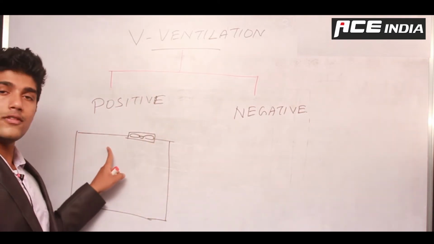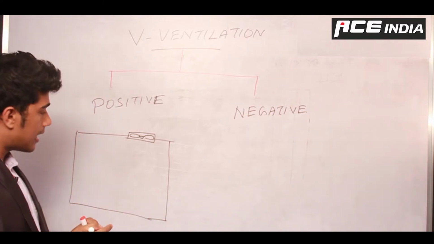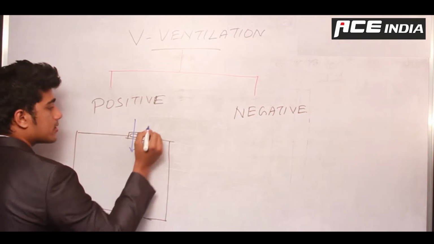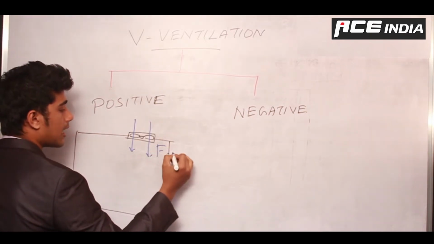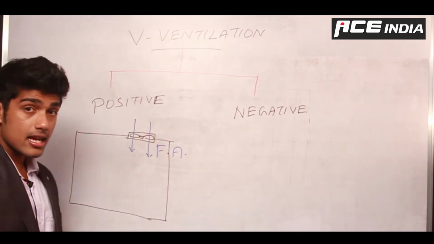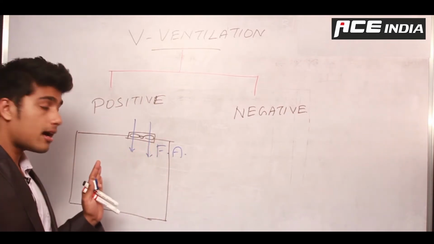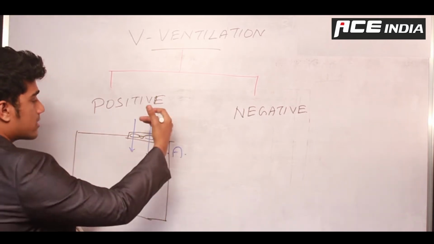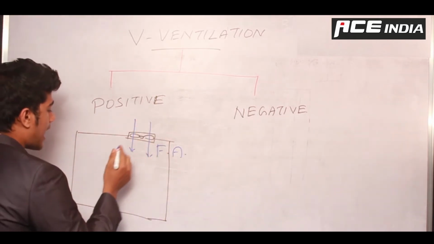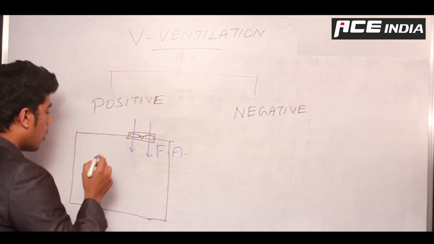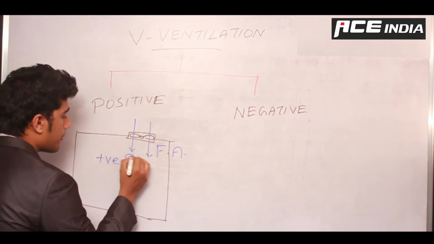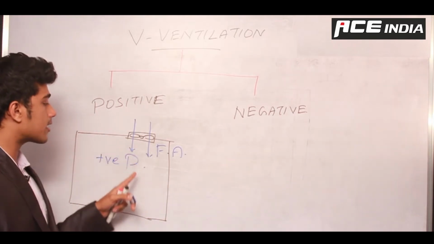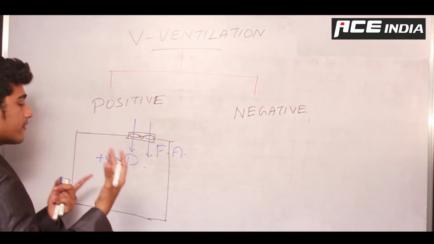Now, say in positive ventilation, I put my fan in such a manner that air will be sucked inside from outside. So I can say that fresh air is being sucked inside. Right? But when fresh air is being sucked inside, the air is already there inside. So that means extra air is coming inside. That means I have an increase in pressure inside the room, or in other words, I have positive pressure inside the room. That's why the name positive ventilation. Okay, so we have fresh air coming inside, thereby an increase in pressure, thereby we have a positive pressure.